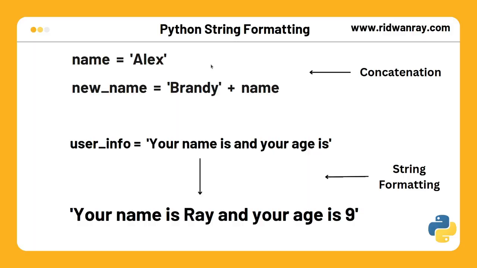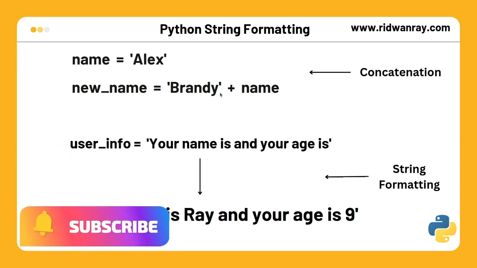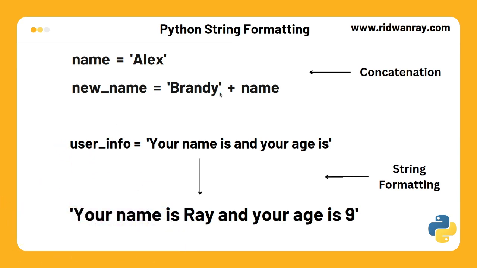Hi friends and welcome. String formatting is the process of inserting a string or any variable into another string. This is not the same as string concatenation, where two or more strings are joined together using the plus operator. Say we have a variable called user information, whose value is "your name is and your age is". String formatting provides a way to insert any variable or a string into the original string, which is user information